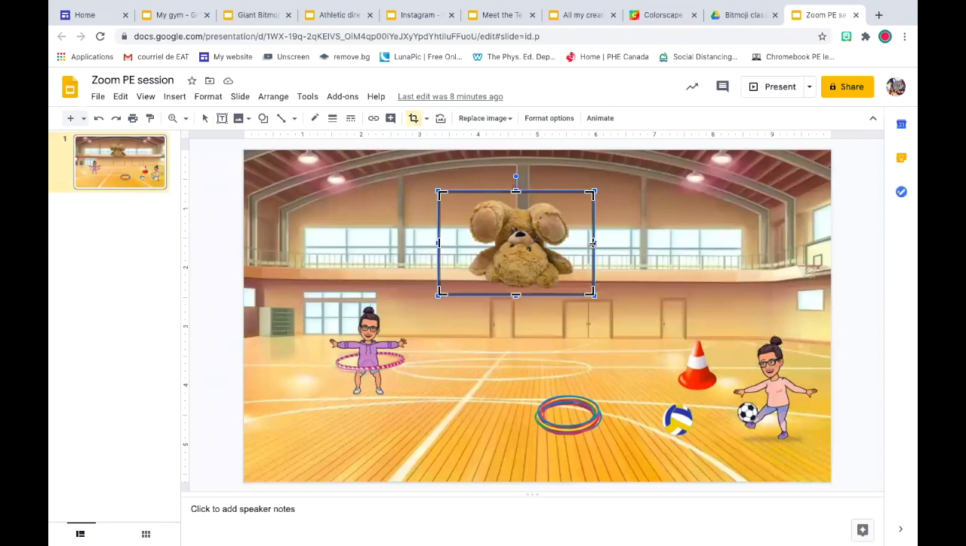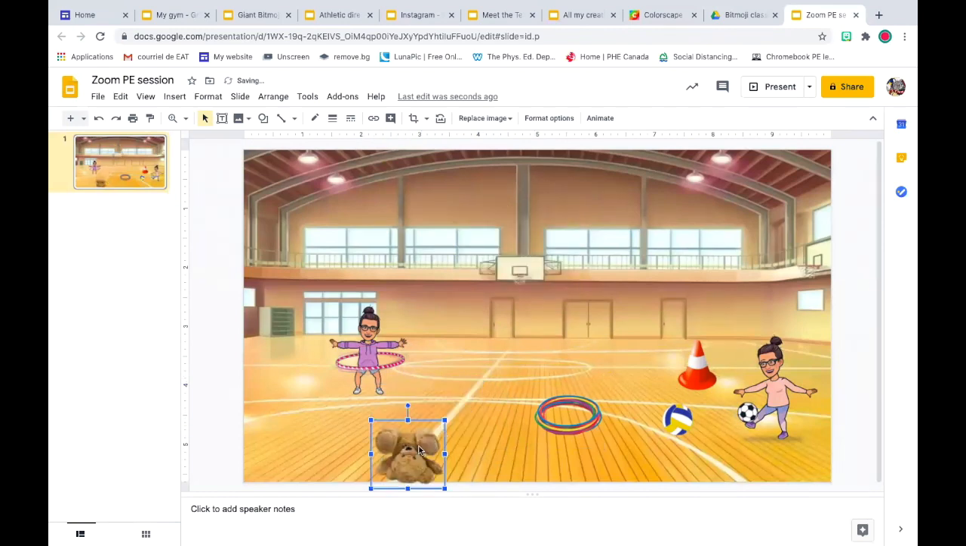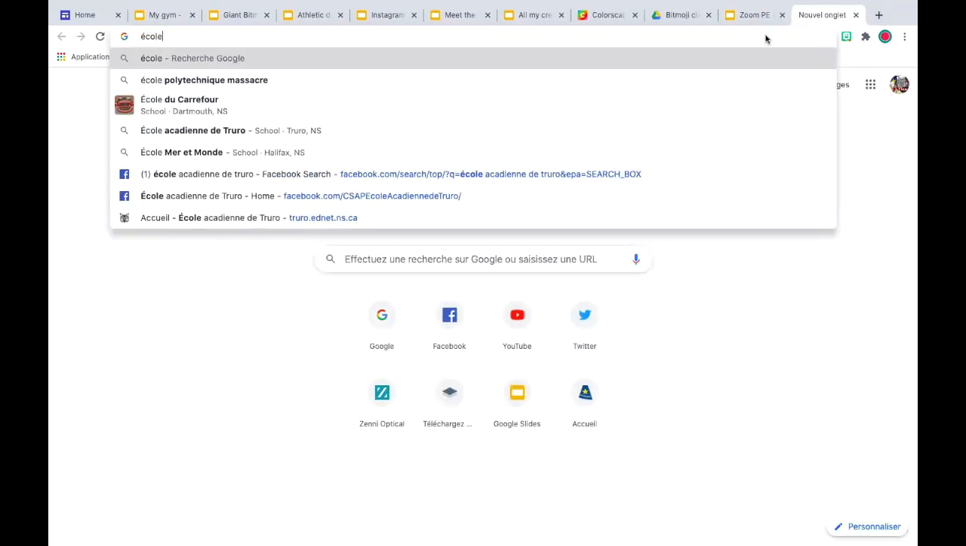I want my bear to be a little bit smaller, and I want him to be down here. I want him to practice doing his role. This is what I have. You guys have a couple of bitmojis, a couple of items in there. Now you want to link them to a YouTube video, or to your homeroom or your school webpage. So if everybody can pick one item and link it to your school's homepage. So for instance, my school,